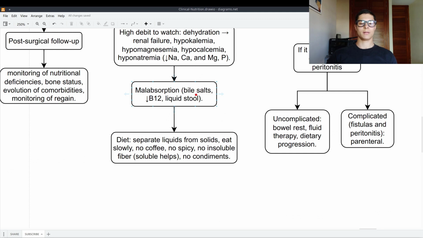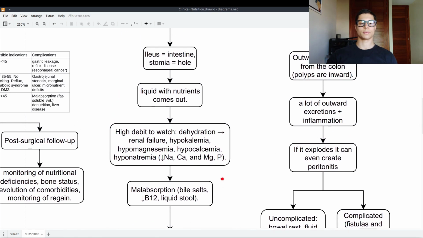Malabsorption of bile salts, lower B12, very important, and liquid stool. The diet must separate liquids from solids. Eat slowly, no coffee, no spicy, no insoluble fiber. The soluble one helps though, and no condiments. So be careful with that, because if not, we are going to dehydrate ourselves, because the liquid is going to come out